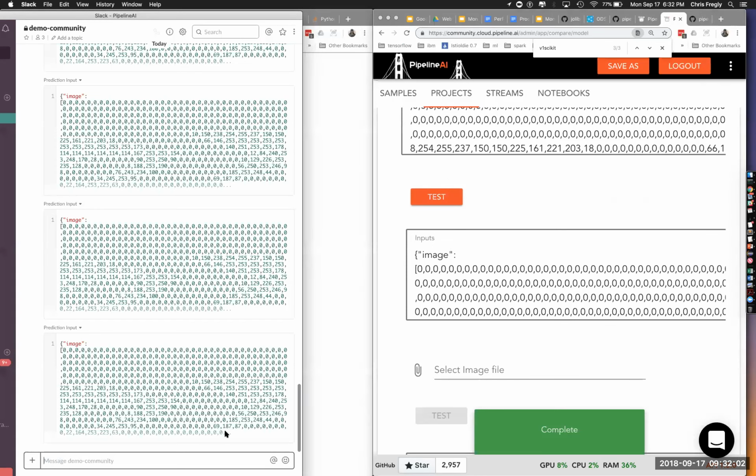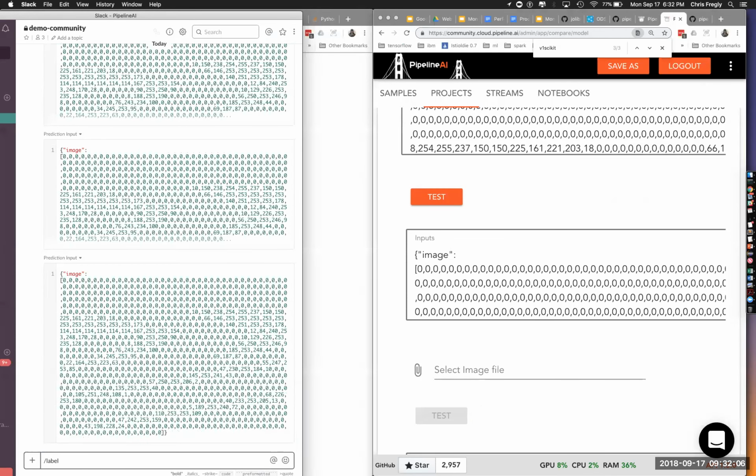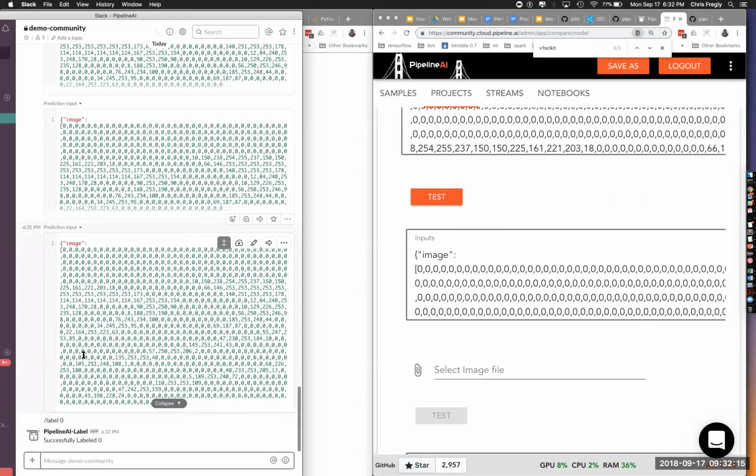And so now from Slack, I can go in here and actually relabel this and say, actually that's not a 7, this is a 0, label 0. And this goes back into the pipeline system. We're using Kafka as the implementation detail here. And then Kafka pulls up and is pulling in this data. So now this is kind of human in the loop. It's not super scalable because it's kind of human-level scalable, but it's kind of nice.